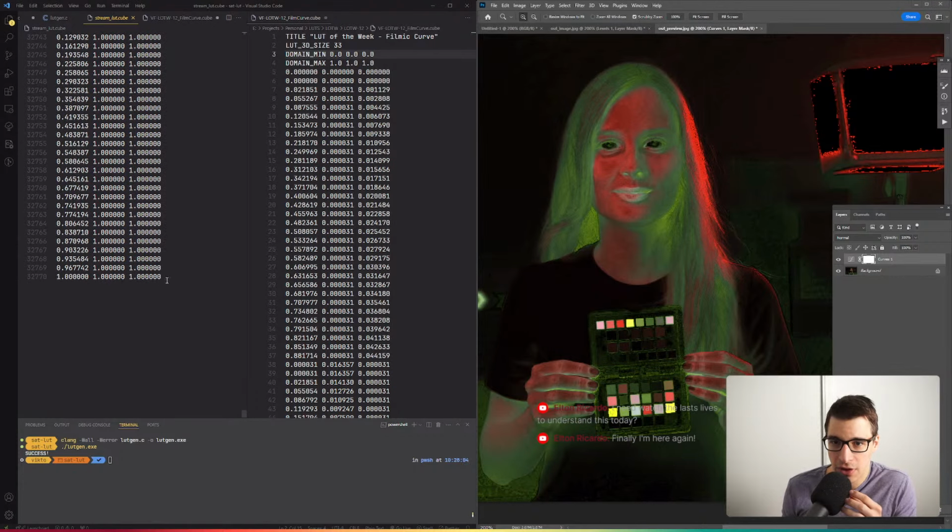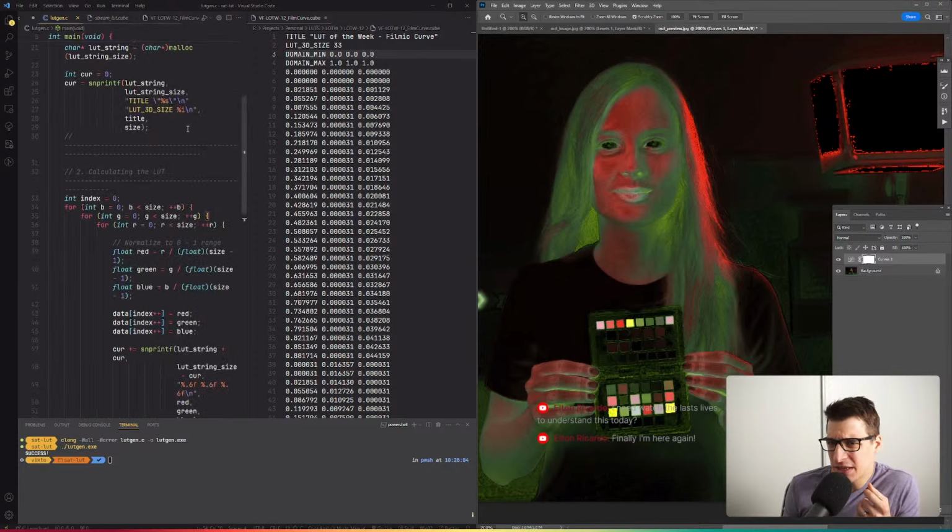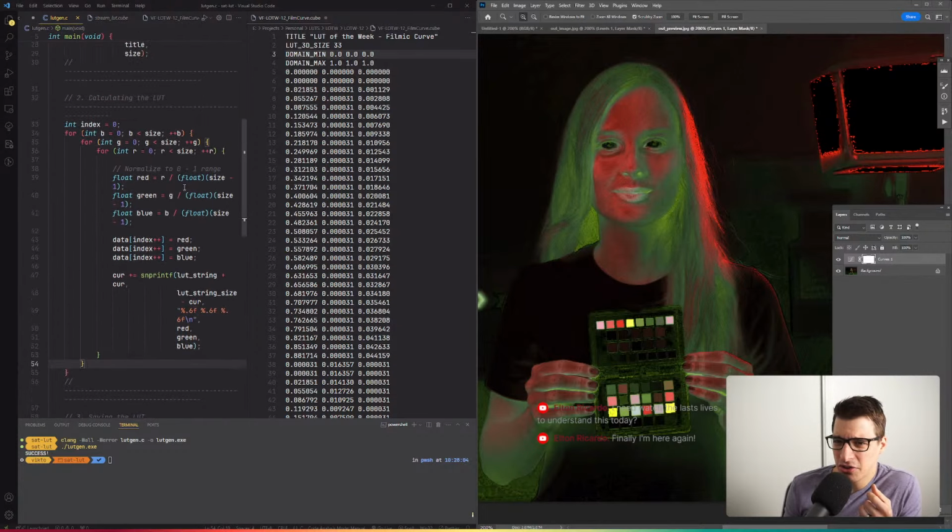There you go. And the last one is 1. So technically, we are turning white into white, right? That's what it should be. And then the first one, we are turning black into black. Now, unless I really messed something up, which I hopefully did not, then if I loaded this LUT into Photoshop,